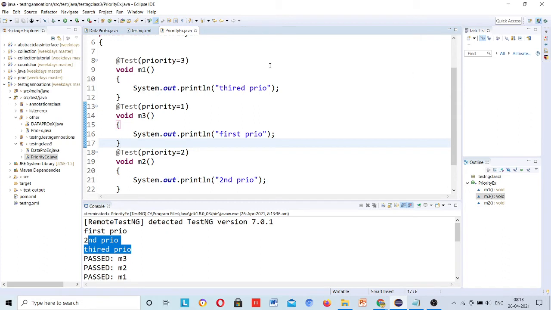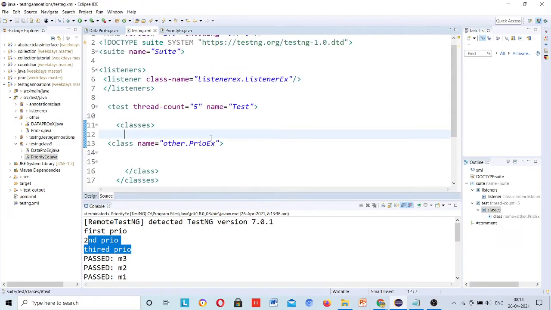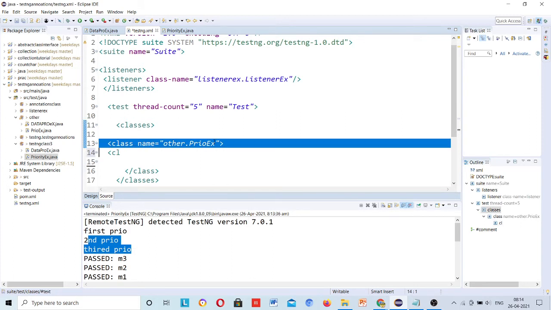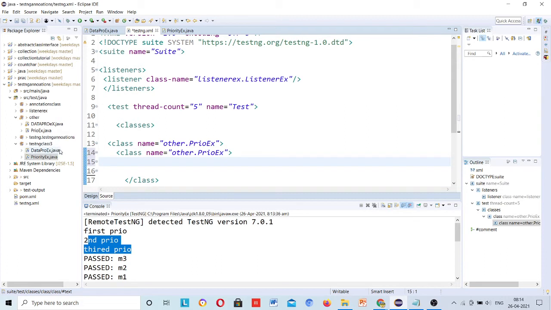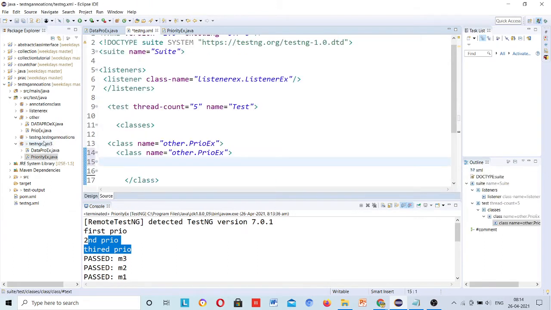Okay, now your question was if I want to add this, let me add this class over there in the testng file. So testng class 3 is the package name, let me copy. Okay, and the class name is this.